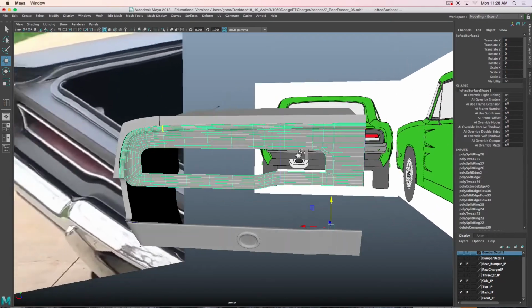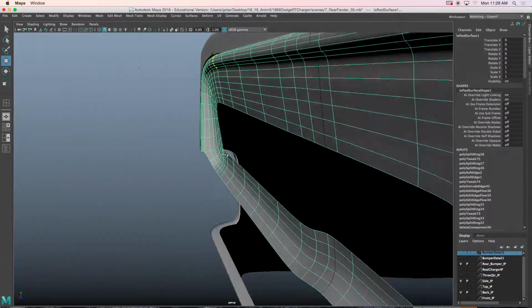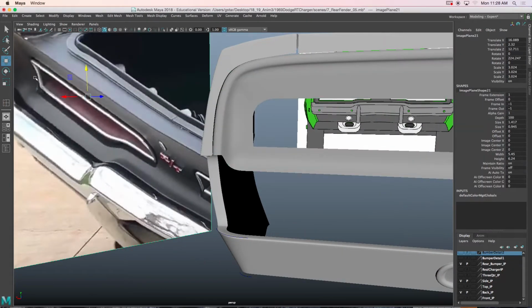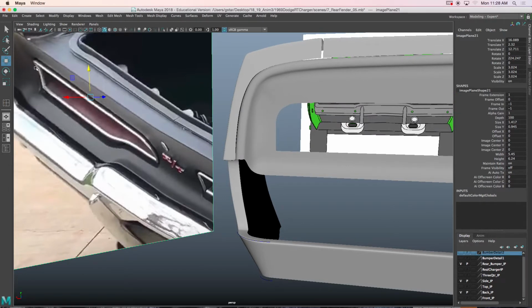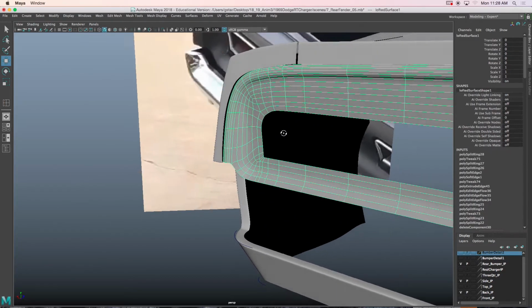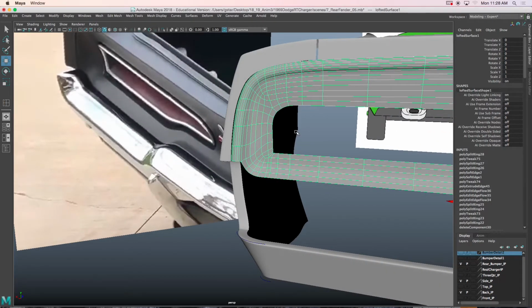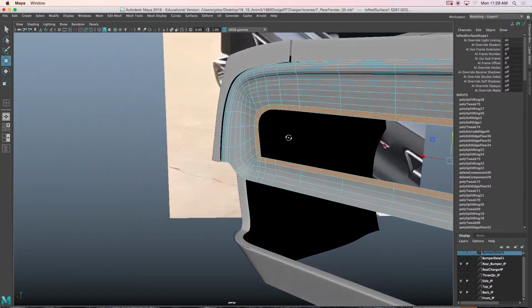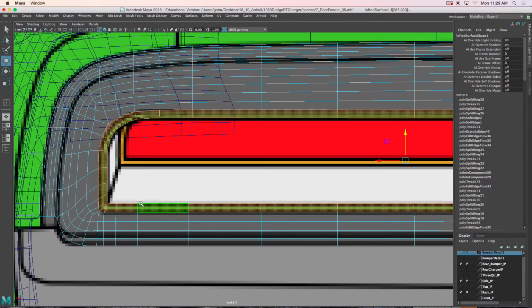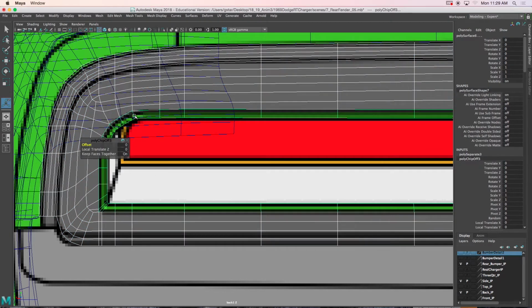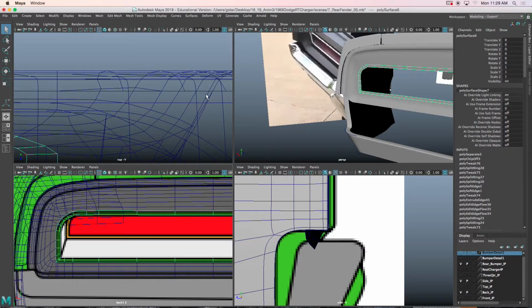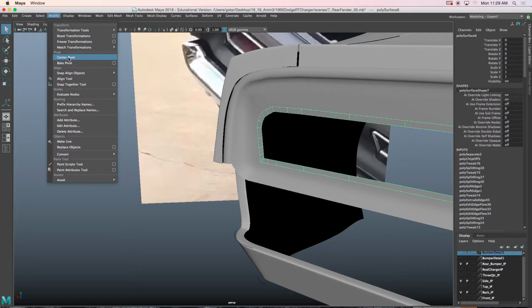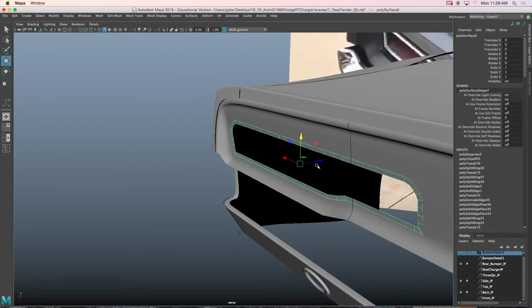Now, I don't want to assume that I know what they look like just yet, but looking at this geometry here, they do curve inward like that. So what I'll do is take these faces here and, let's see, what shall we do? That is the chrome part. Let's just go to edit mesh, duplicate. I'll take that chrome mesh, go to modify, center pivot, press W. I'll move this forward for now,